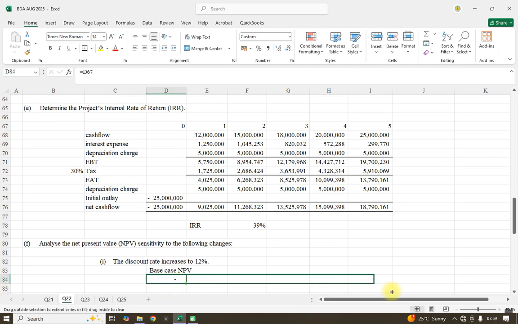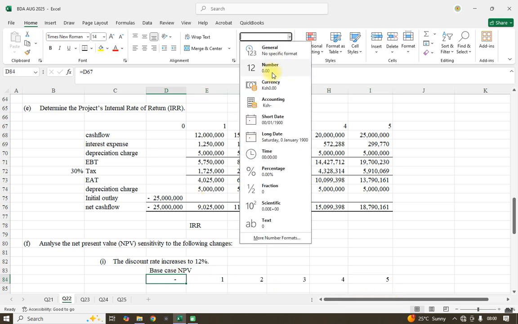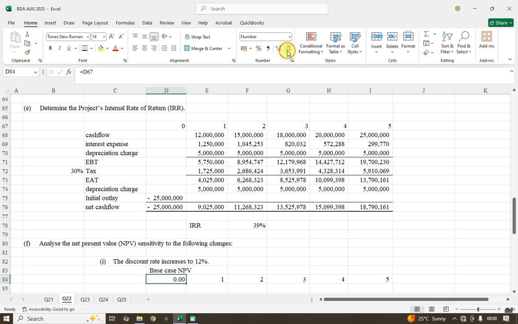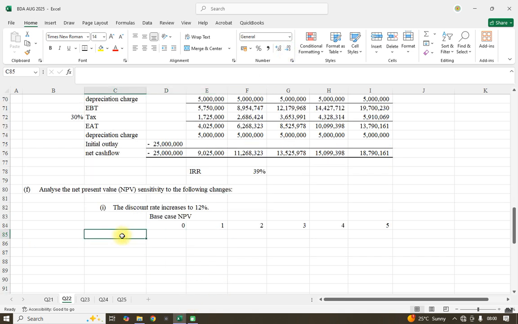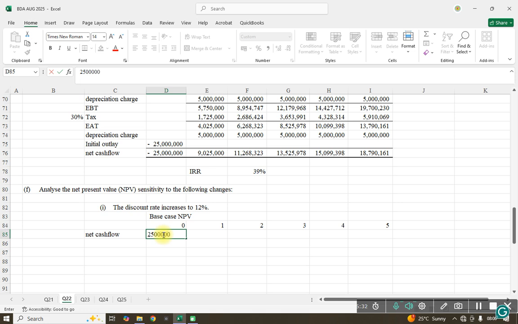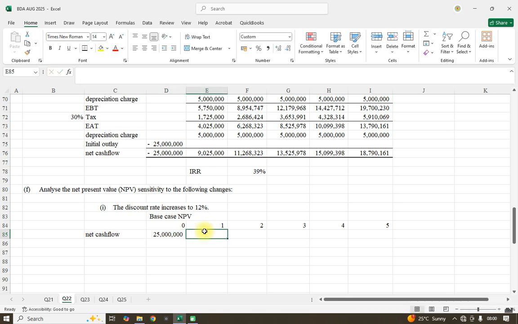Year 0 to year 5. This is a number. That is year 0, so we have the net cash flow. This is 25 million. And these others, we have the values as our net